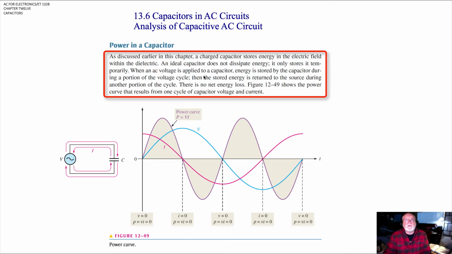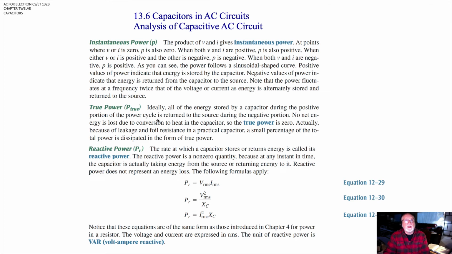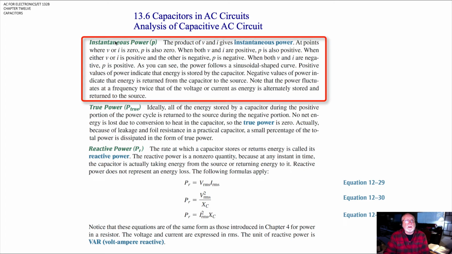When an AC voltage is applied to a capacitor, energy is stored by the capacitor during one portion of the voltage cycle, and the stored energy is returned to the source during another portion of the cycle. So it's merely slapping it back and forth between the source and the capacitor. There is no net energy loss. There is only storage. Okay, so let's take a look at the different types of power: instantaneous, true power, and